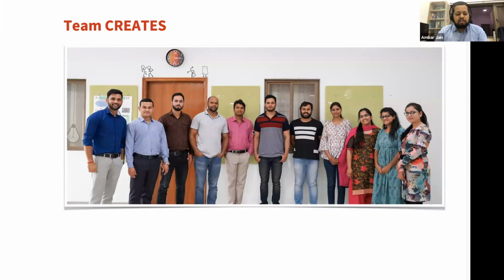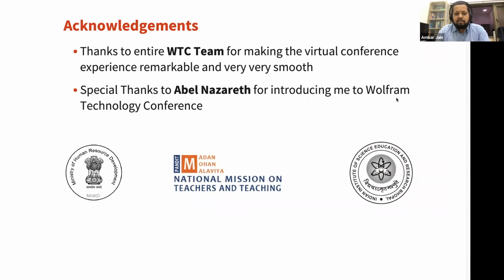Finally, this is my team. Most of these people are developers. They work on various web technologies. Some of them are project managers, who do various kinds of management tasks. And in this team is also this lady who's my wife, and she has done a lot of beta testing for us on Examiner. She's a math teacher, and she has used all her math skills to test various kinds of things.